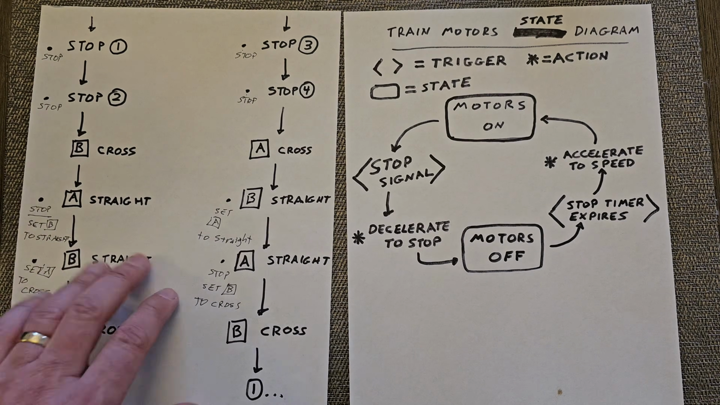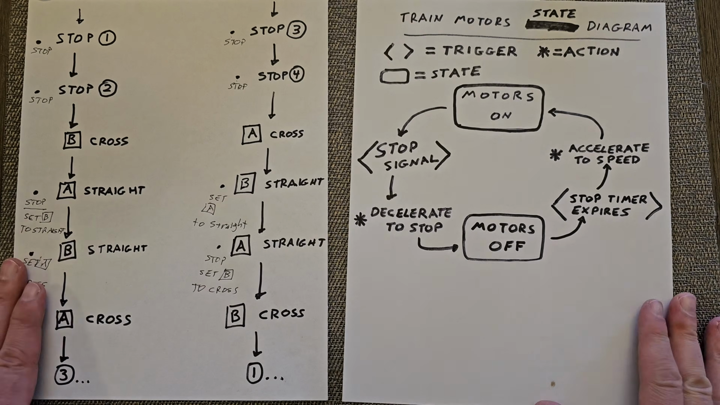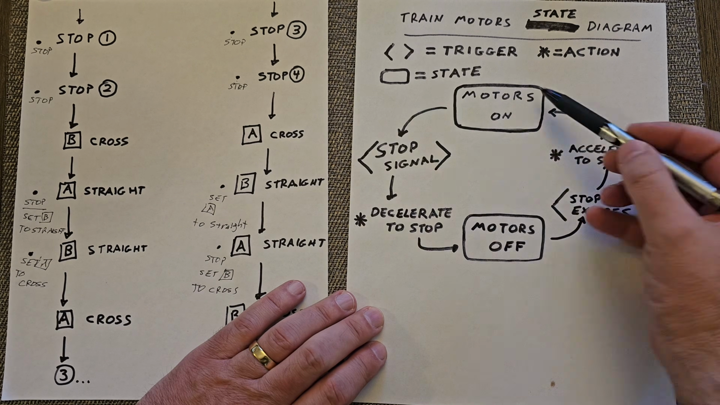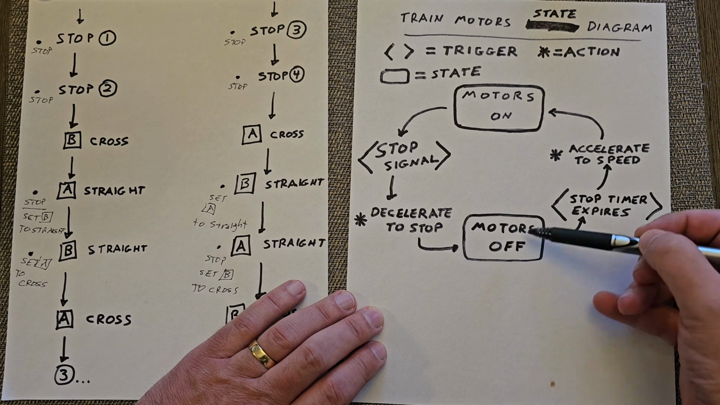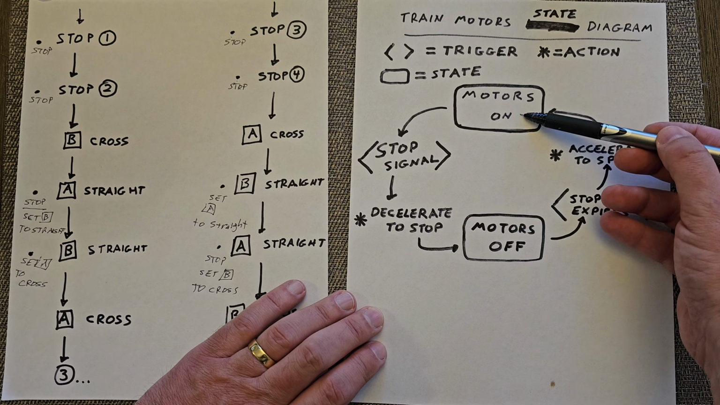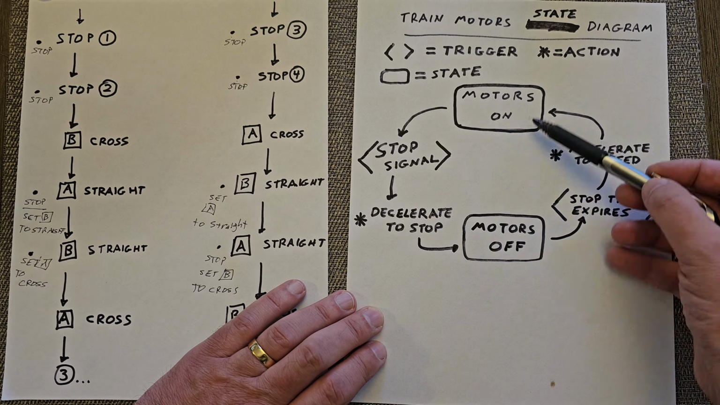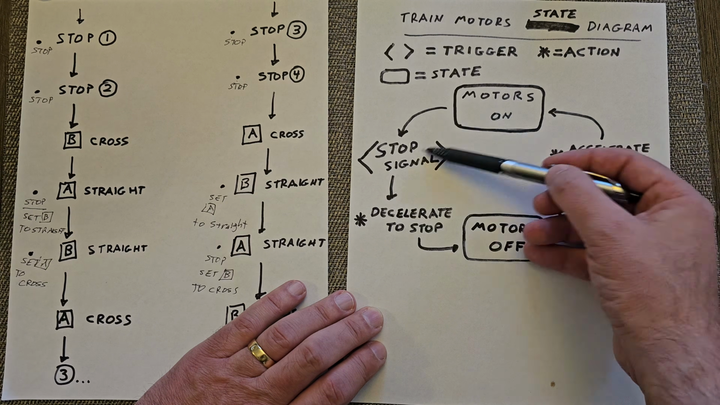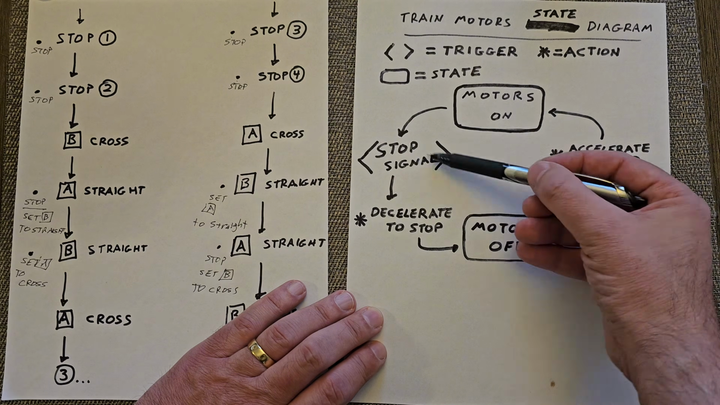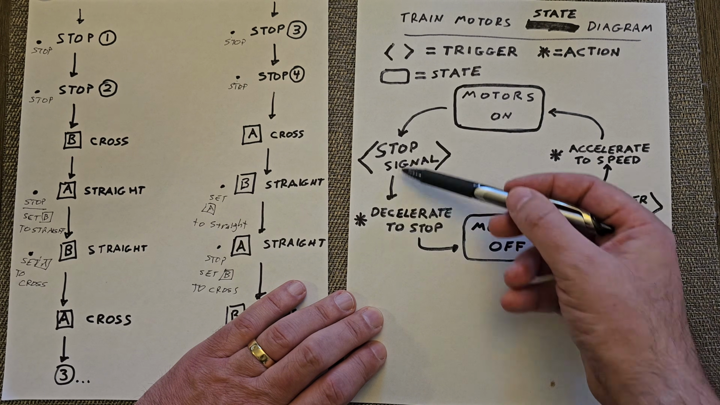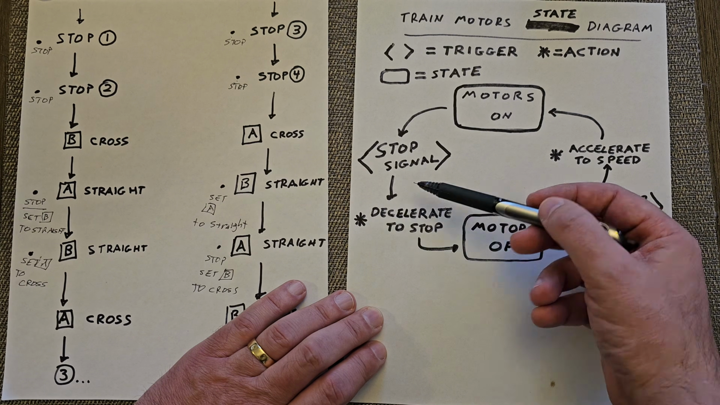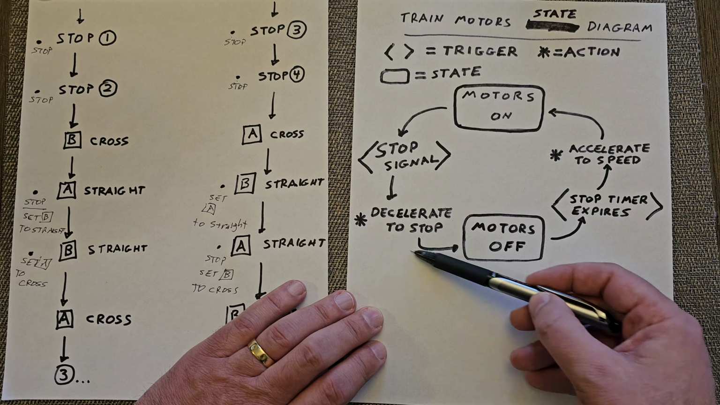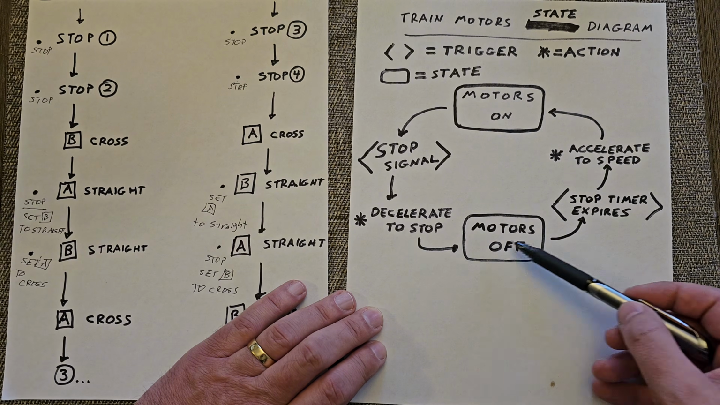So how do we map all of this into code? Well, a good way to do this is what's called a state diagram. In a state diagram, we have different states in which the program is. So we'll set two states, a motor's on state and a motor's off state. When we're in the motor's on state, a trigger will trigger an action. It goes over a stop tile that sends a stop signal, and then the action, which is denoted by the asterisk, will be the train will decelerate to a stop, and then we will programmatically move it into the motor's